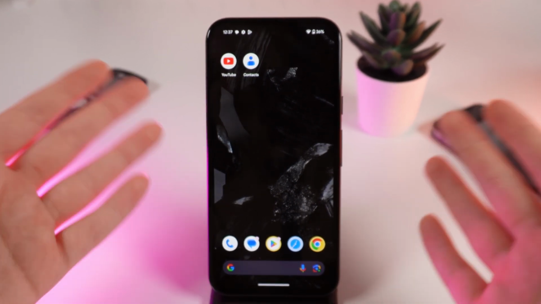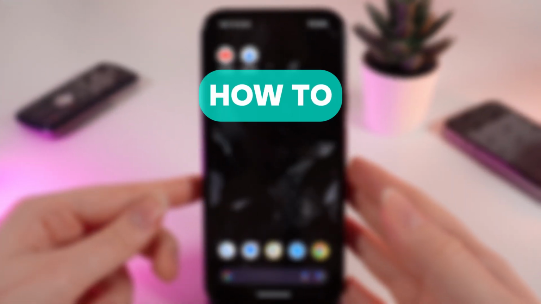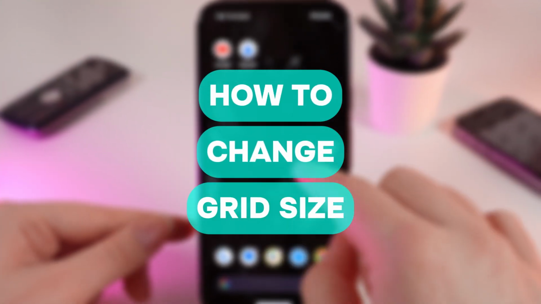Hello guys, and in today's video I will show you how to change the app grid on your Google Pixel